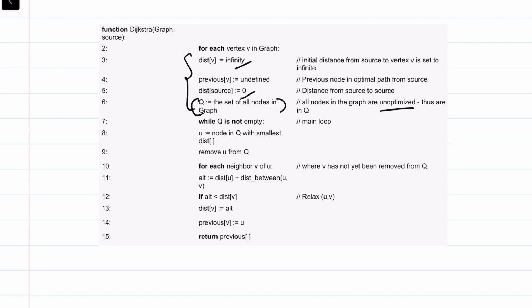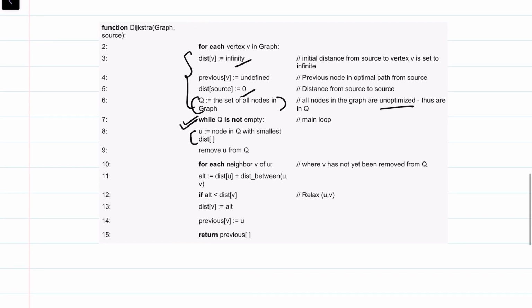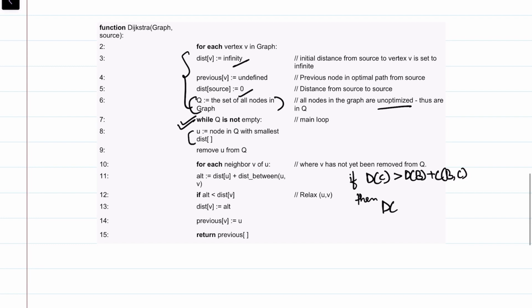So this becomes the main loop, and we have found the smallest distance value, and we try to relax all the outgoing edges. As I had told earlier, if the distance of the node C is greater than the distance of the neighbor node B plus the cost of B to C, then we relax the edge from B to C and we make the distance of C equal to the distance of B plus the cost of B to C, just like here.